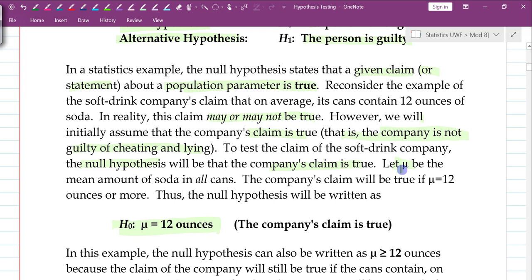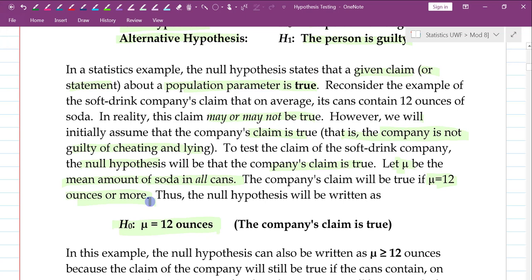Let mu be the mean amount of soda in all cans. So we're going to let mu equal what is claimed to be true. The company's claim will be true if mu equals 12 ounces or more. The company is in good shape as long as they're not putting less than 12 ounces of soda in